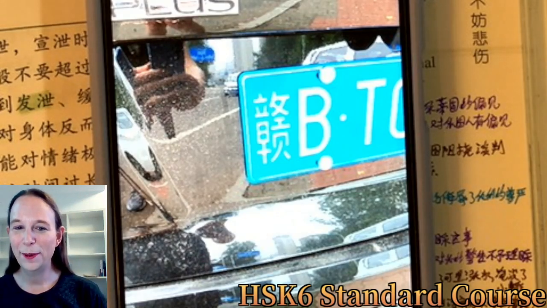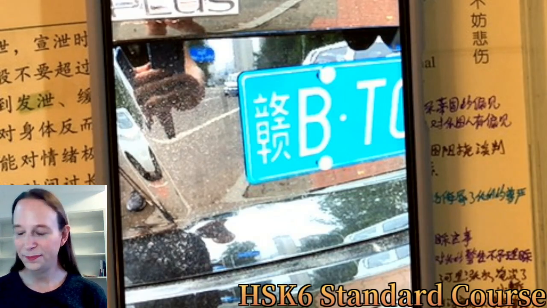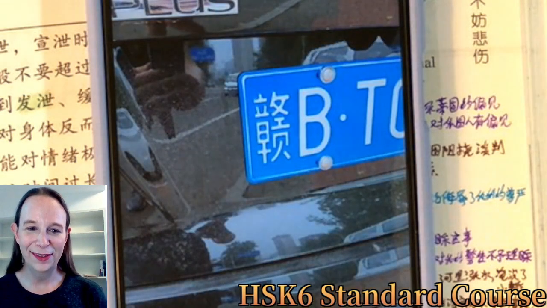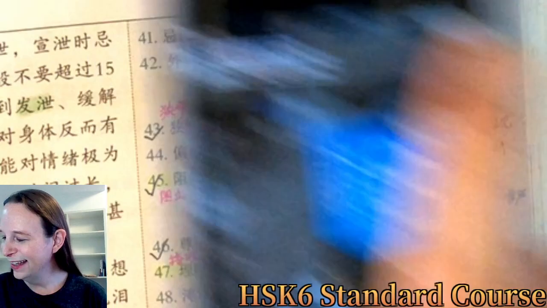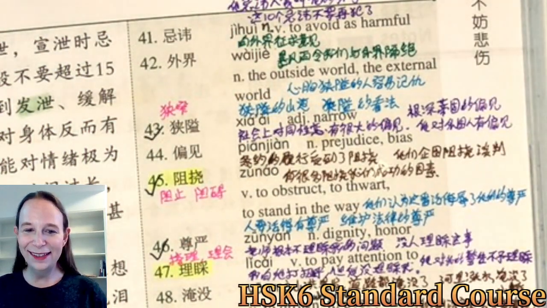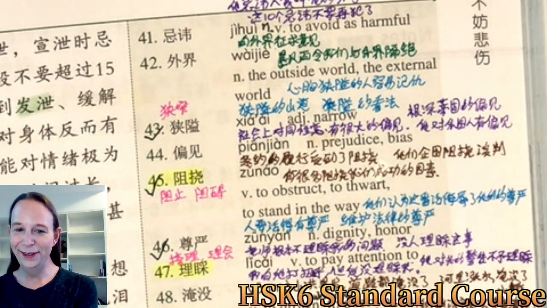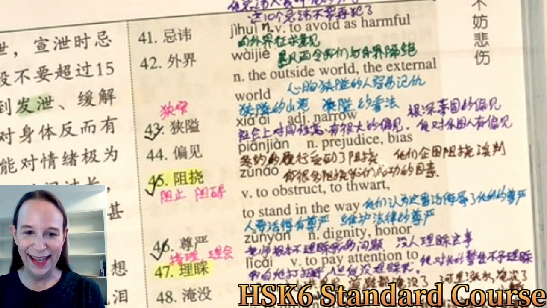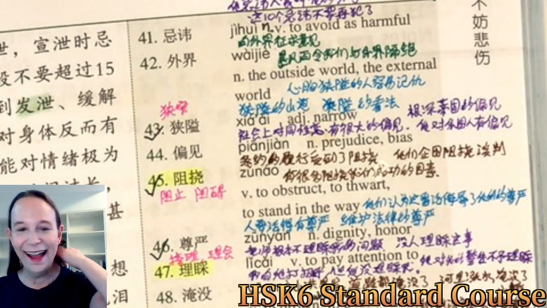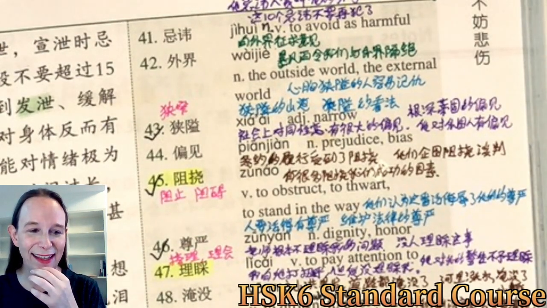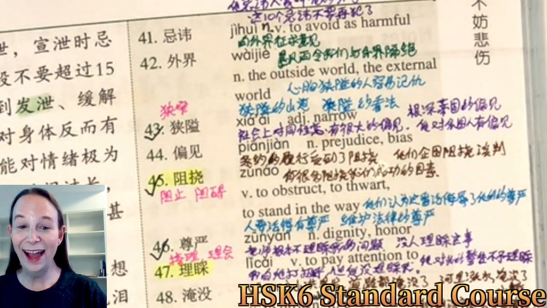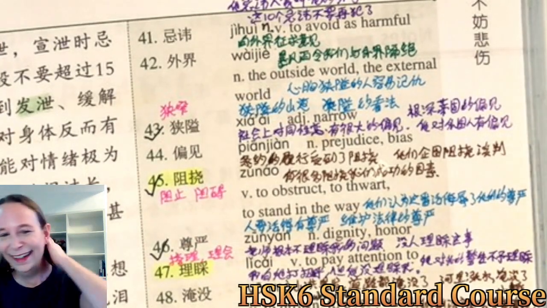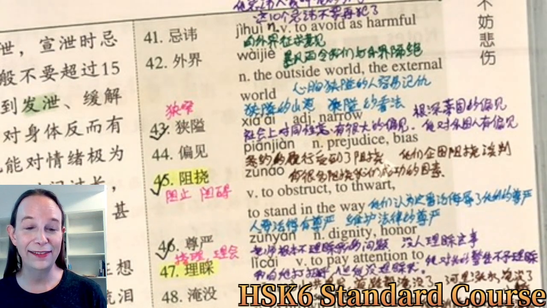But yeah, this is what a Chinese license plate looks like. And I walk around, take photos of them. I'm trying to get them all. I haven't gotten many because I live in Weihai, and Weihai is a tourist destination. So a lot of the cars here have license plates like that. I got a Qing the other day, Qinghai. It was kind of rare, so I'm like, oh, I have to take a photo. And people look at you strangely.